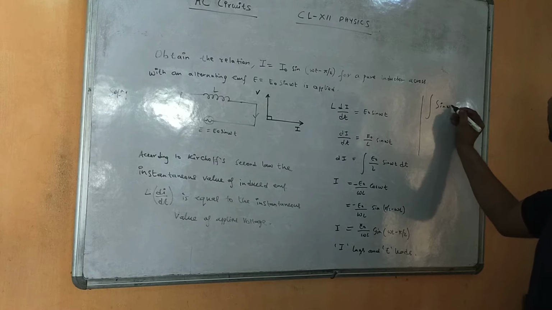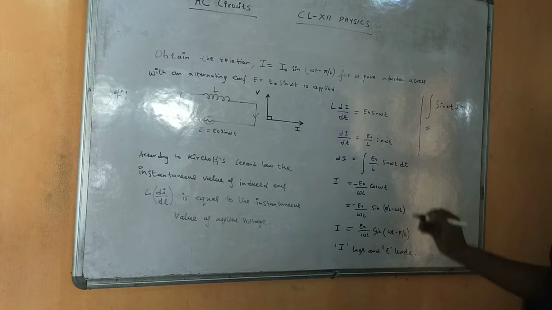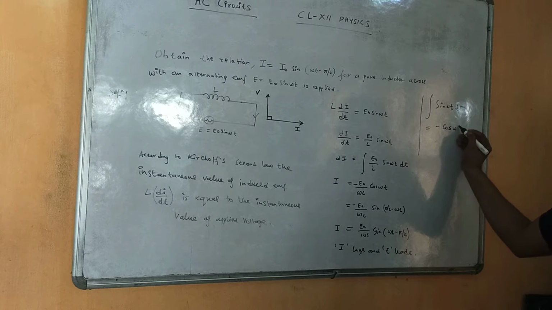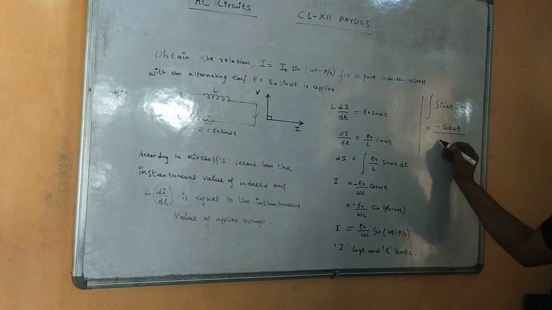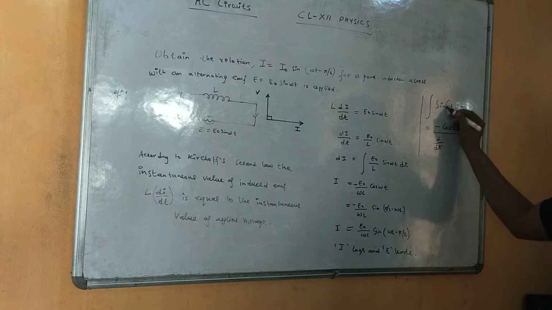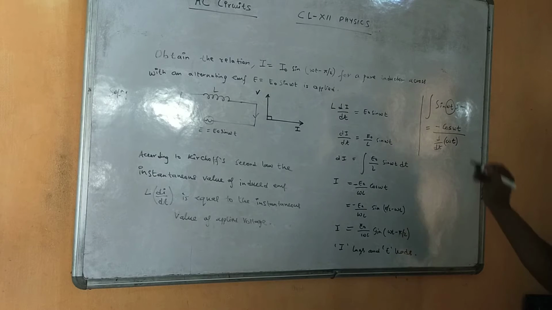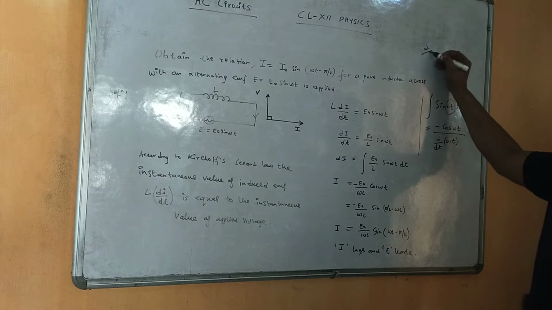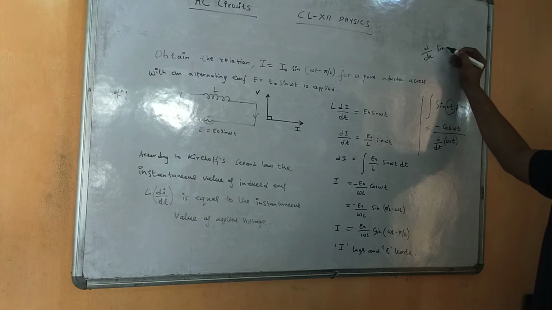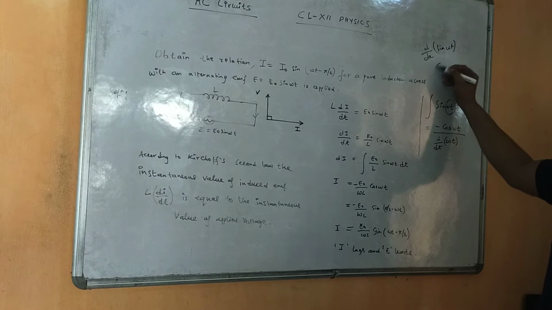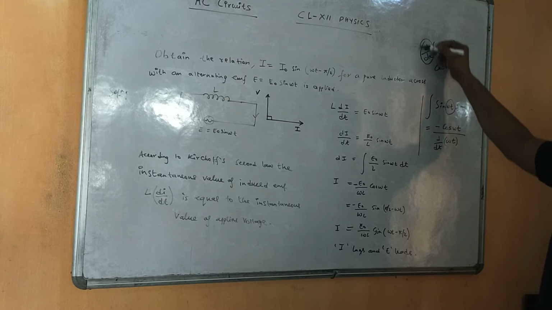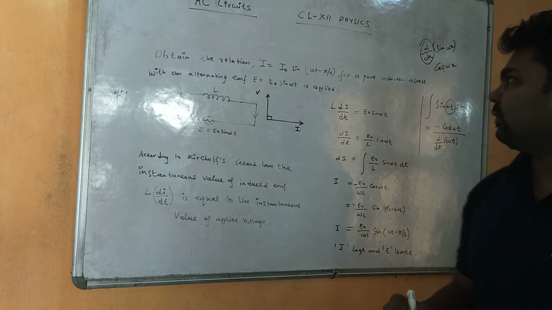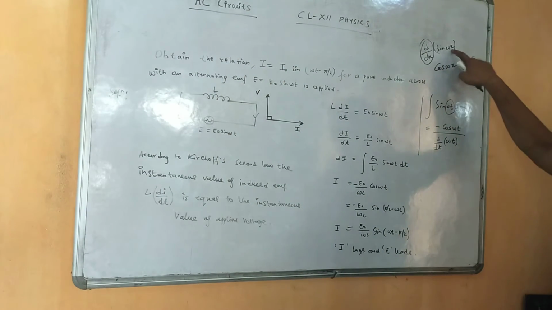sine omega t dt, right? So integration of sine omega t dt is minus cos omega t, and d/dt of what is the angle here? Omega t. So this one has to be written in the denominator. Like for example, when we were differentiating d/dx of sine omega x, what did we get? d/dx of sine is cos omega x. I will consider x here, otherwise it will become a constant and the answer will be 0.